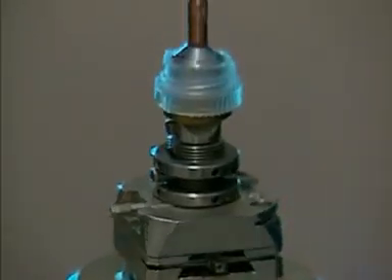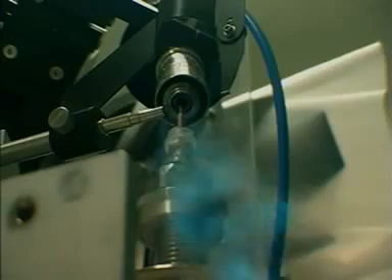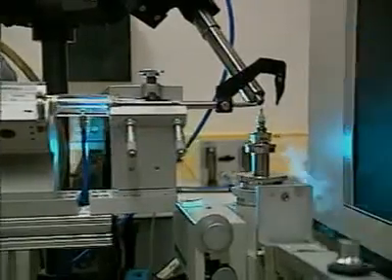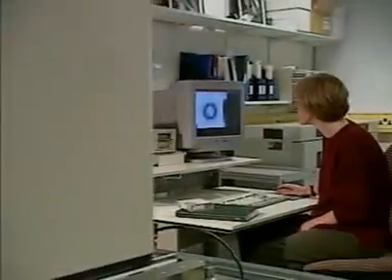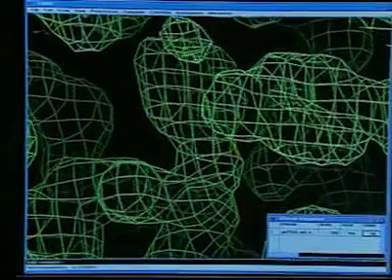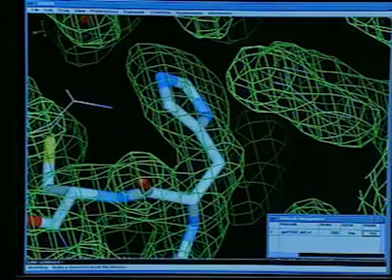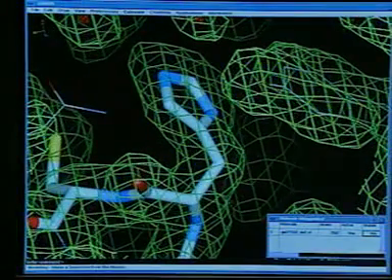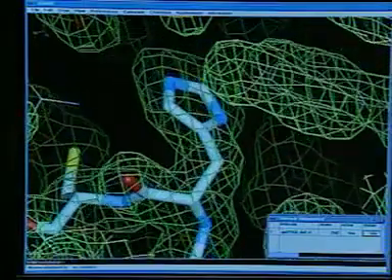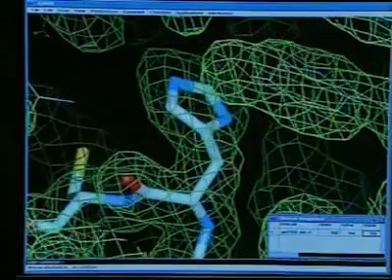Here, a crystal of an enzyme is being examined by X-ray diffraction. It is rotated in the beam of X-rays. X-rays scattered from it interfere with each other and produce a pattern of spots called a diffraction pattern. From this, computers calculate first a map showing the distribution of electrons in the enzyme, an electron density map, and then the enzyme's 3D structure. Modern computers have changed the analysis of X-ray diffraction data from a slow and laborious process into one that is routine.